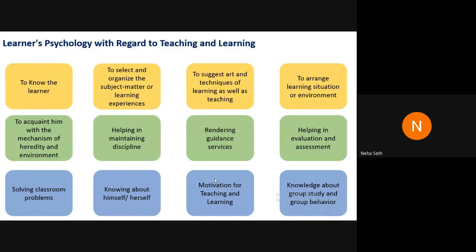There are many students who are listening to you if your lecture is effective. But in a class of 100, there must be 4, 5, 10 students who might not be very serious or may not be listening to you. But still, as a teacher, we are giving our 100%. We are able to know ourselves pretty well if we understand our student psychology, and this is our chance to learn if we are a good teacher. And it also helps as a motivation for teaching and learning, because one class's feedback can work as a motivation for our next class. So wherever we are lacking, we can always improve our teaching process so that the students can get the best learning out of our teaching.